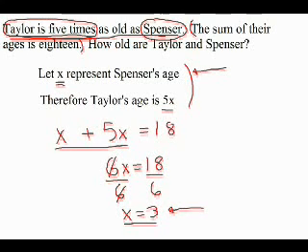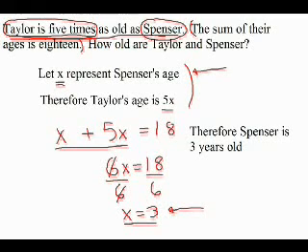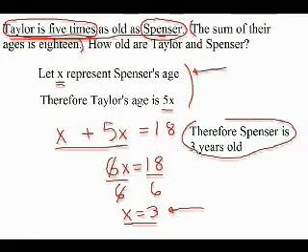Usually these questions are asked in English, so you have to answer in English. So we have to write a statement, something along the lines of, therefore, Spencer is 3 years old. Now, of course, we have to answer the question, how old is Taylor? Well, we were told that Taylor is 5 times as old as Spencer. So, again, we can write therefore, or this little symbol for therefore, which is a little triangle with 3 dots, and we would write Taylor is,